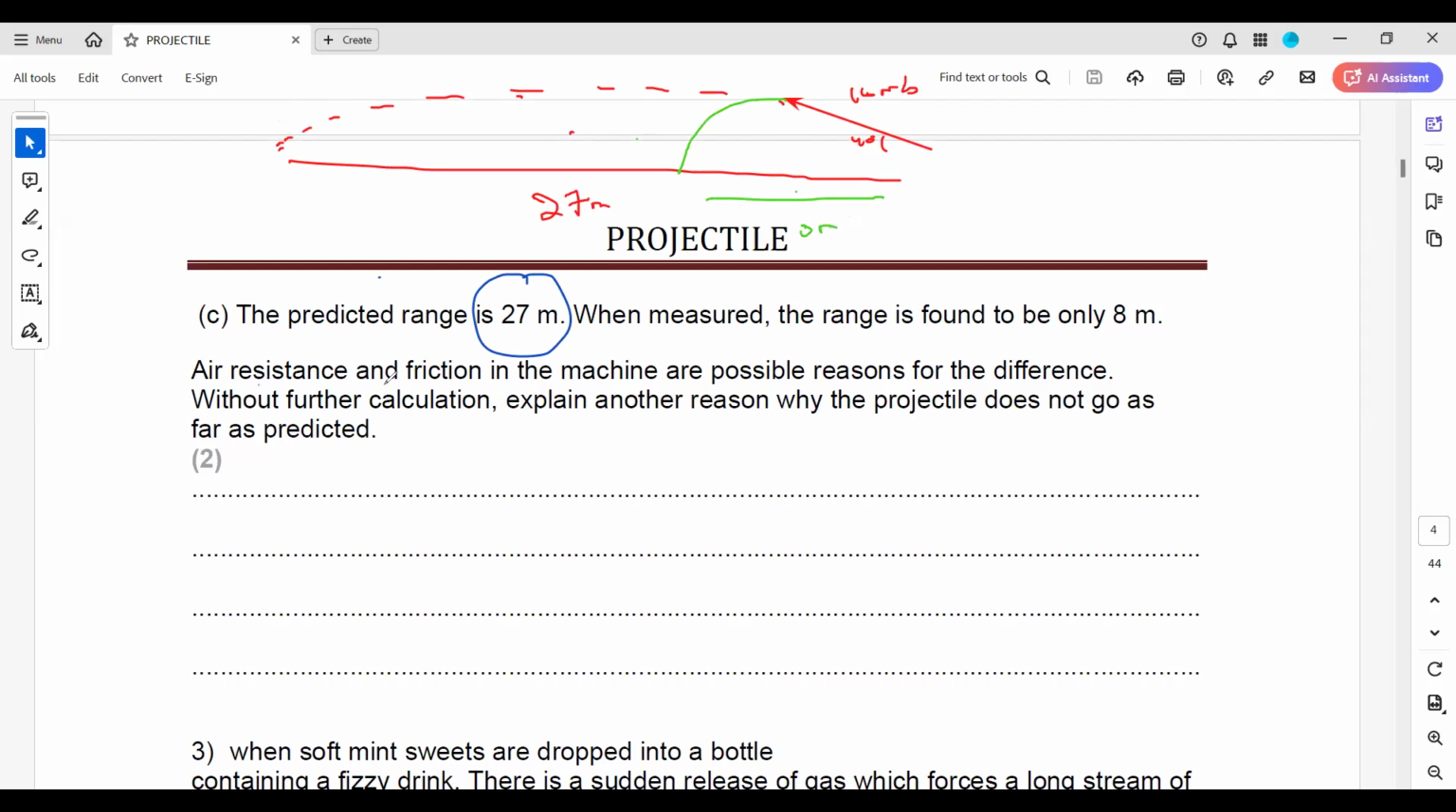Air resistance and the friction in the machines are the possible reasons. So you cannot mention that because of air resistance it has a shorter range, or that the friction in the machine is responsible for the shorter range, without further calculation. You don't have to calculate anything. Explain another reason why the projectile does not go as far as predicted. Yes, what might be the reason? You cannot mention friction or air resistance. Other than that,